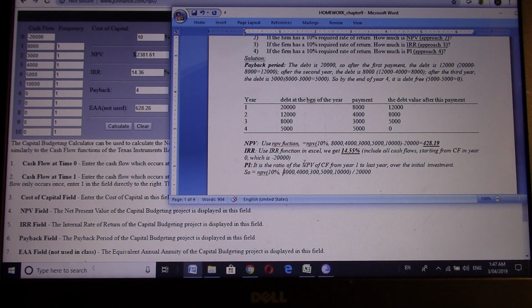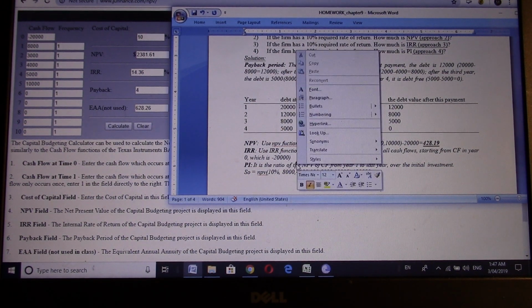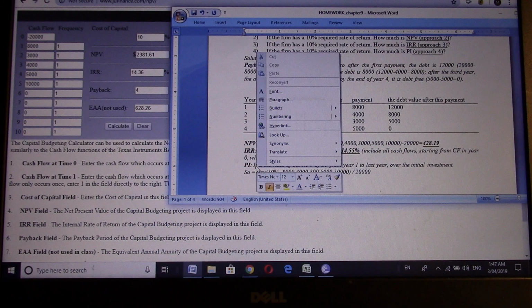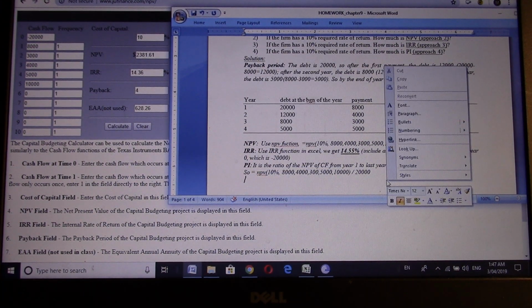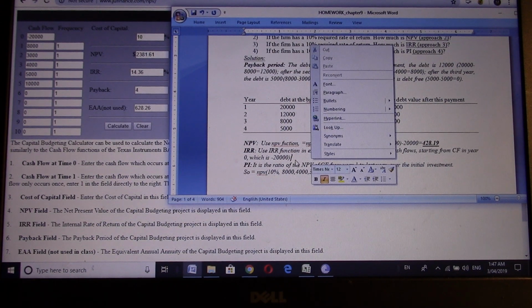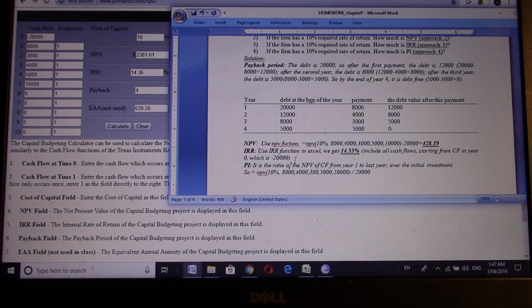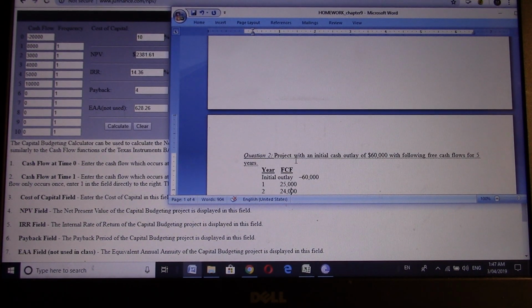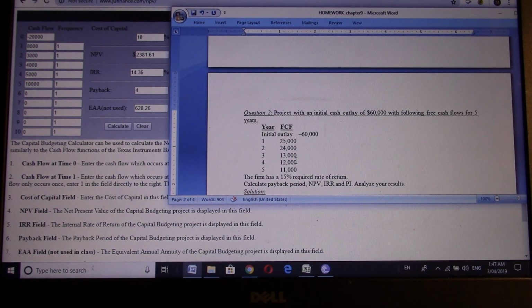NPV is the difference between the cash flows of your incomes in the future years and the initial expenses. PI is just a ratio. Okay. So if you get a PI greater than 1, that means it's a good project, and you should consider investing in that project. Okay, so the second question,